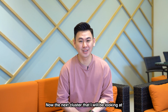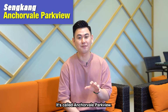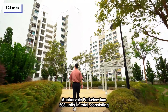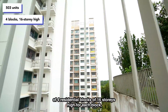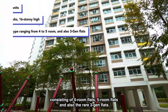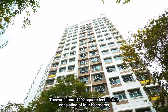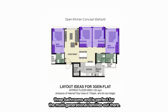Now, the next cluster we'll be looking at is pretty close to Farmville Riverwalk as well as in Sengkang area. It's called Anchorvale Parkview. Now, Anchorvale Parkview has 503 units in total, consisting of 4 residential blocks of 16 stories high for each block, consisting of 4-room flats, 5-room flats, and also the rare 3-gen flats. Now, these 3-gen flats are very big in size. They are about 1,292 square feet in size, consisting of 4 bedrooms, 3 bathrooms, and is perfect for the multi-generational